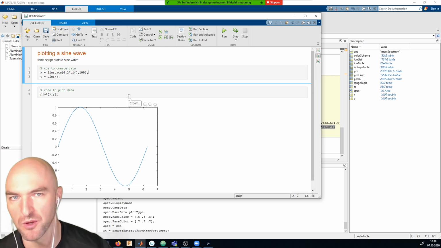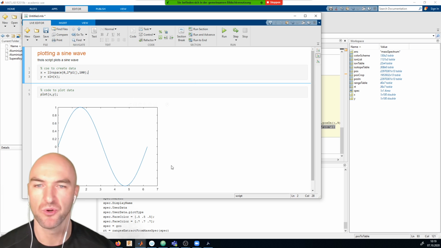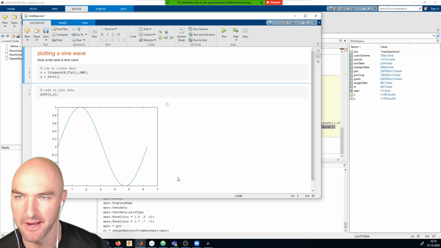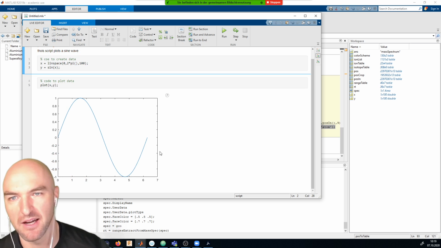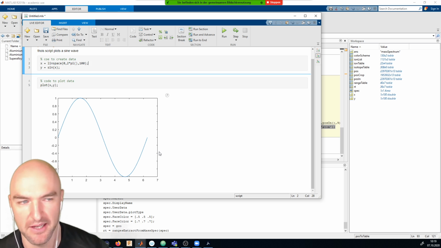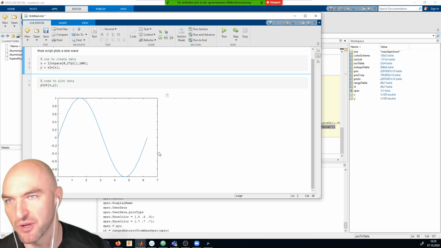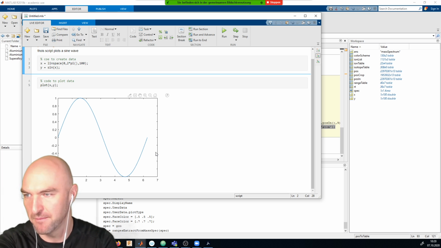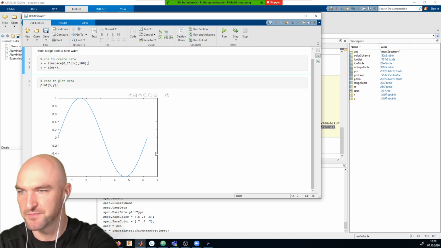And this is really what we use heavily, that you do your analysis in the command line, but you copy all of your commands in your Livescript. And then once you're done with the analysis, you can rerun it for different data sets, and you can save it and give it to a reviewer. You can save it and add it to